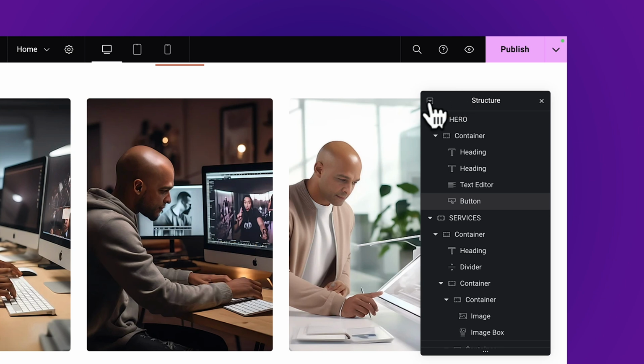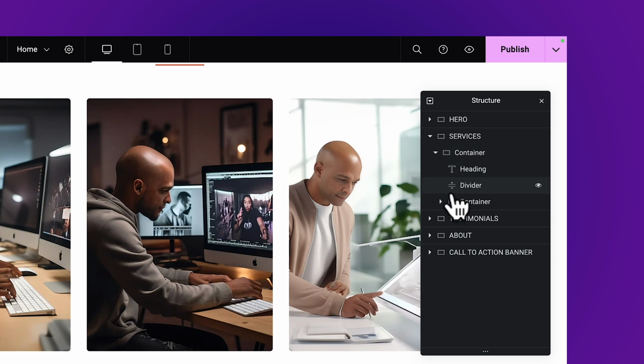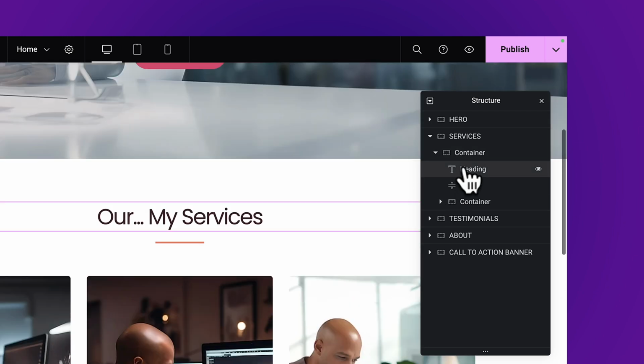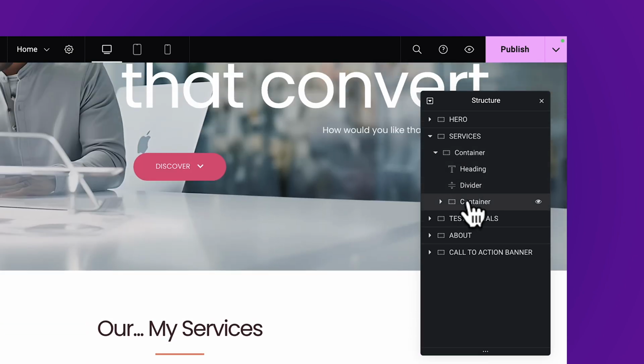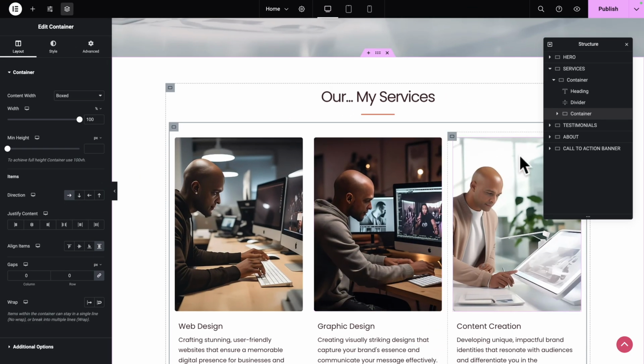So first of all, let me collapse everything. And I'm just going to open our services container. And as you can see, we have a subcontainer, which in turn contains the rest of our content, namely a heading, a divider, and another subcontainer that contains all of our services. So basically what I want to do is to add a button at that same level, so just below the